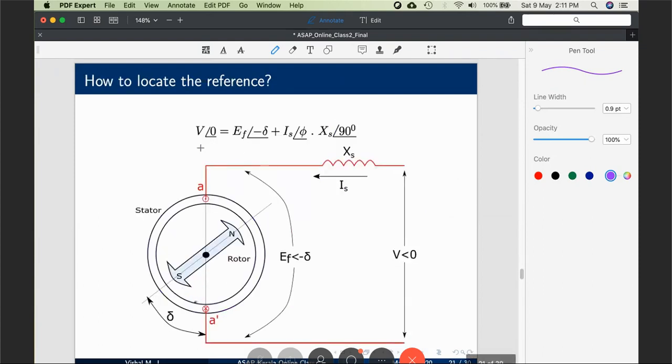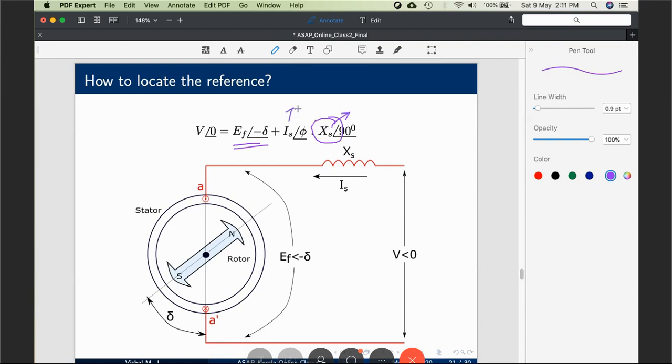This is the voltage. This equation we have seen earlier also. If your answer is that you can substitute these values and get, then that will be wrong. Why? Because XS, synchronous reactance of the machine, is not a constant. It depends on the saturation conditions of the machine. You would have learned in your machine's course. So this is not a constant. It depends on the saturation conditions.